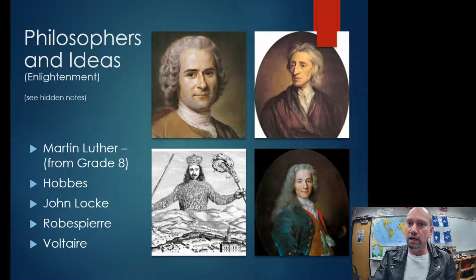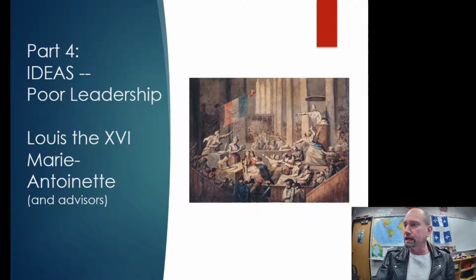John Locke and Robespierre agreed on the idea of a social contract theory, which means that there is a right to revolt if a monarch is not doing their duties. If they're neglecting their duties, there is a right to revolt. Also, John Locke thought there was rights to life, liberty, and property. Okay,